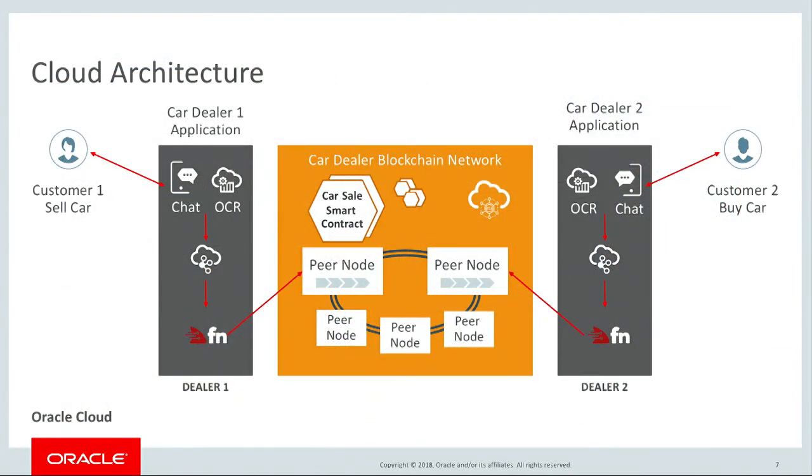And so here's the architecture. The chatbots are being built using the mobile cloud capabilities. They're generating events that are going to our Kafka-based cloud service. Those events are then kicking off serverless functions. Those serverless functions are putting the car onto the blockchain network. And this is all about selling the car. And then on the other side, we go through the same process where another dealer, another buyer decides to look up the car, and they're able to see the car on the blockchain and then transfer the car onto their own side.